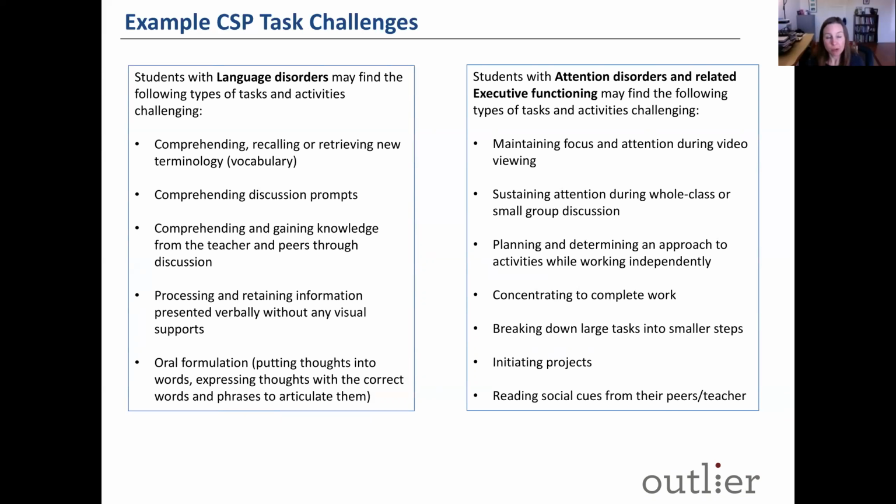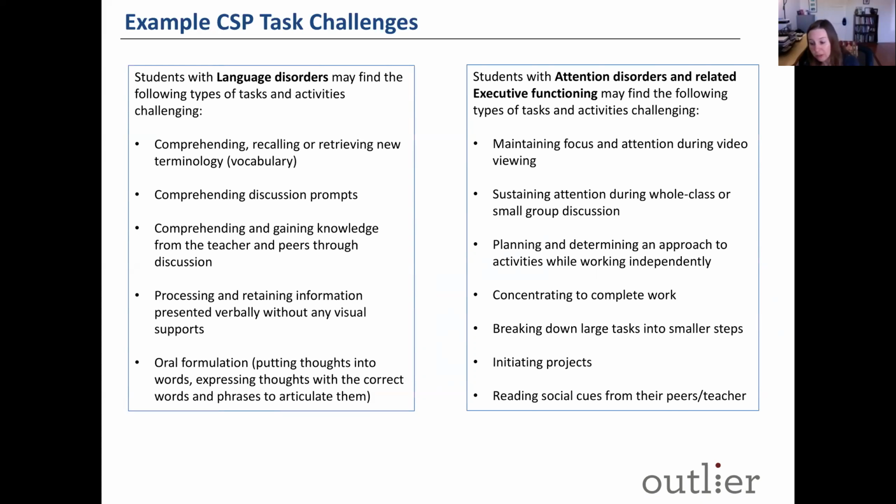So, for example, something related to vocabulary: comprehending, recalling, or retrieving new terminology, comprehending discussion prompts, processing and retaining information presented verbally when there aren't any visual supports for them. So there are a range of things that can be a challenge for students who have a disorder related to language. Another example, on the right: some examples of activities that can be tricky for students with